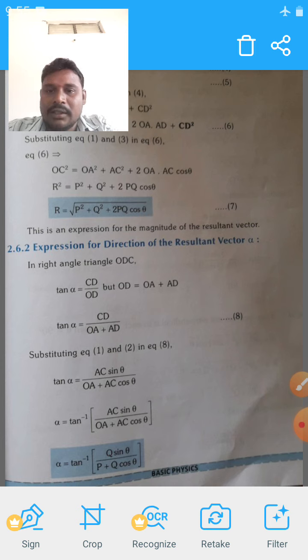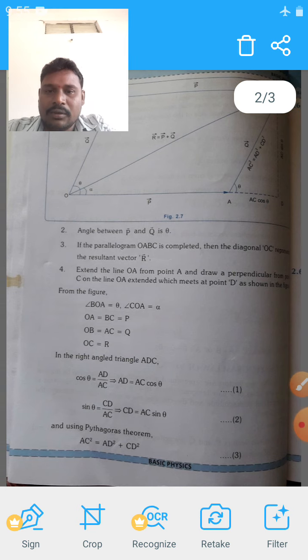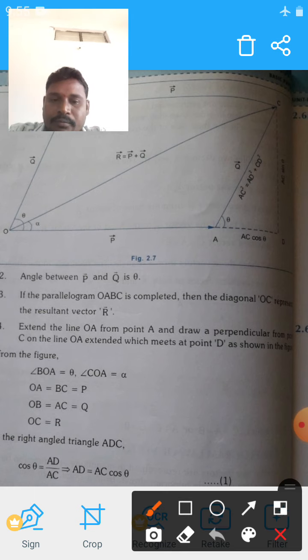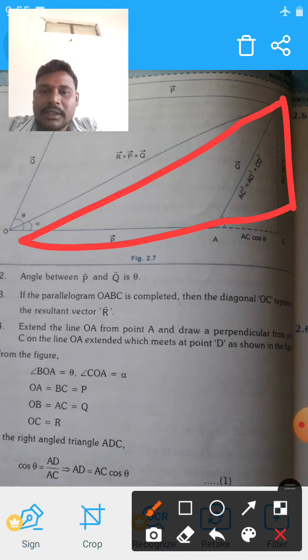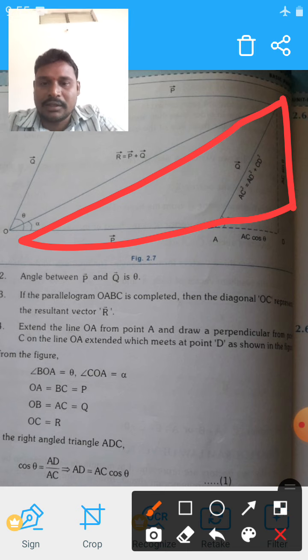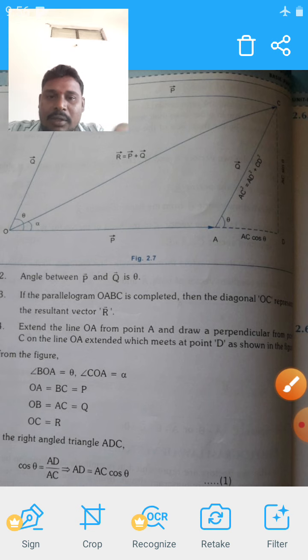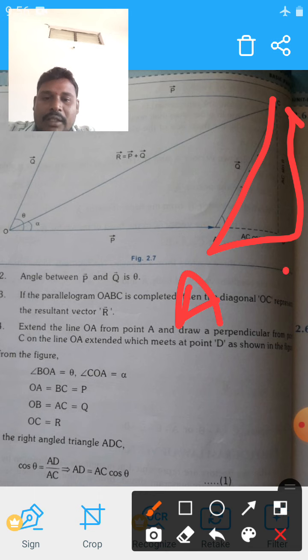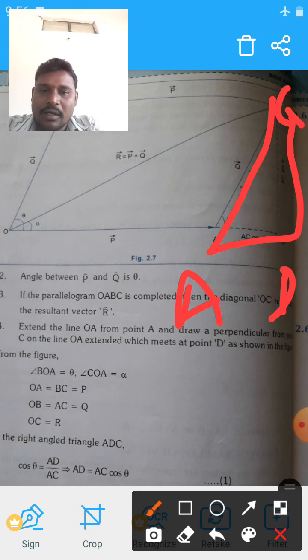Students, please read, practice and watch the video of the resultant magnitude and resultant direction of the vector. This is the most important essay question. Please practice carefully. Just two things you have to understand. For the resultant magnitude and direction we have to utilize the triangle COD. This is our main thing for the derivation. Whereas this small triangle CAD is only to find AD and CD.